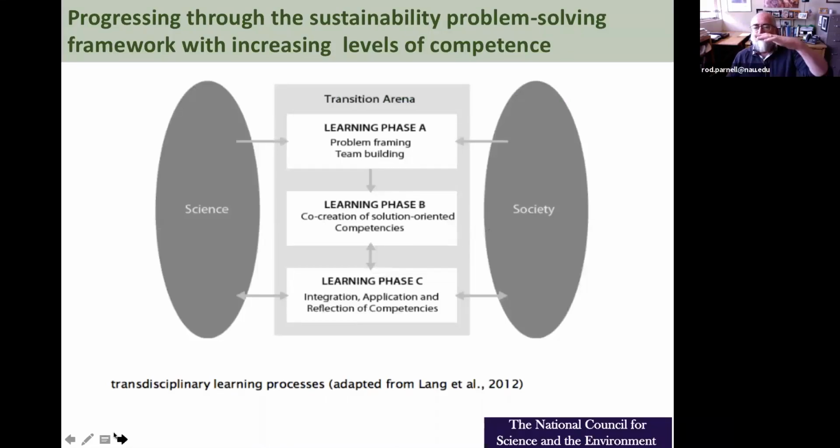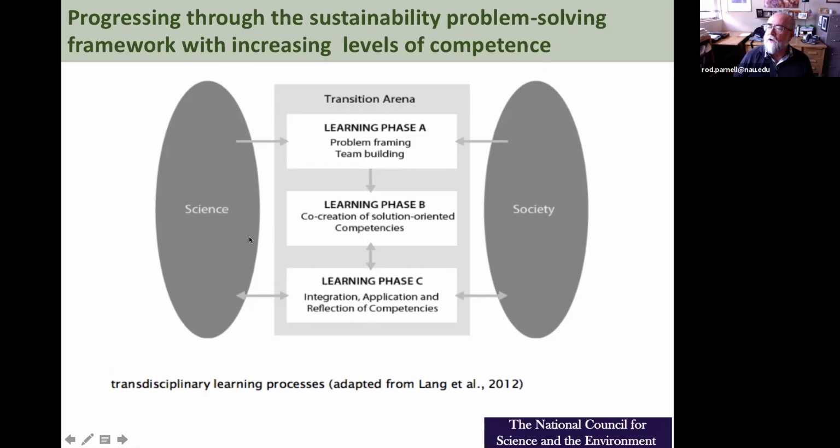This is not just one step and then you're done and move on to something else, but instead we're thinking about progressing through a series of sustainability problem solving challenges, activities that go through increasing levels of sophistication. I shouldn't have used the term competence, increasing levels of sophistication as we go from, say, an initial learning phase early in a curriculum or early in a degree program